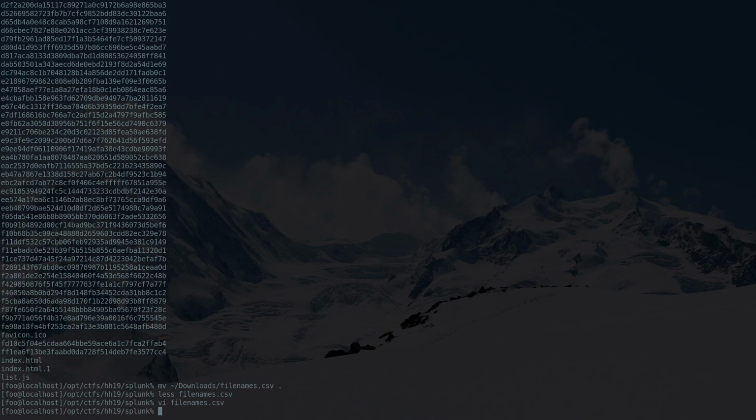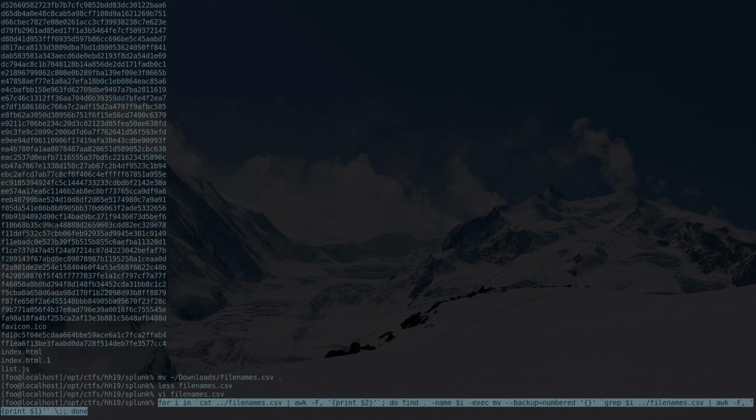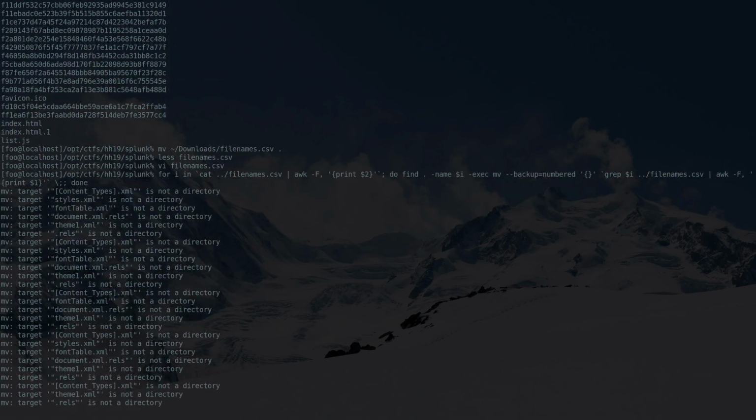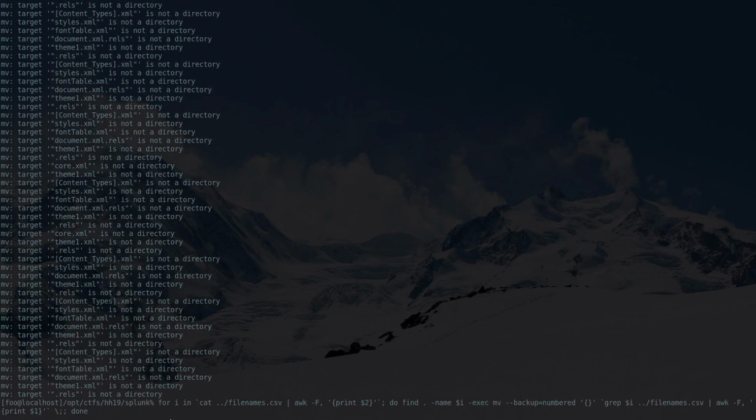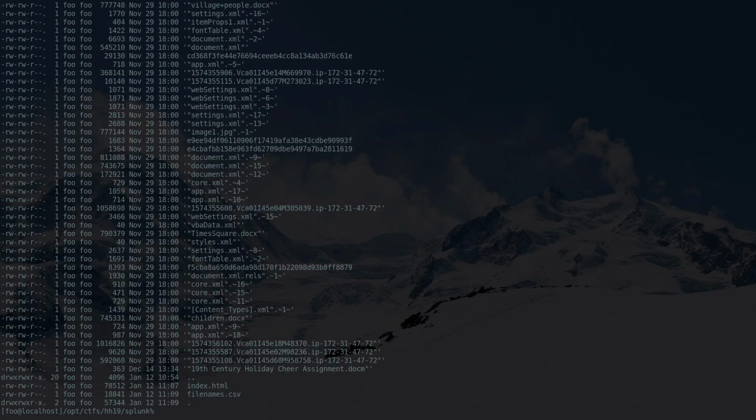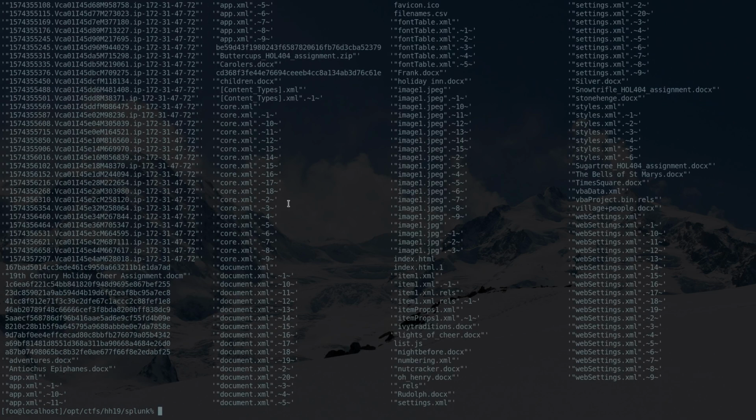Okay, that's better. Now that we have all of the files pulled down and we have the file names to hash mapping, we can write another loop that'll just go through each one, search for the hash in the file names.csv, and rename it correctly. It's important to have that double dash backup equal numbered, because then if a file has the same name, it's not going to overwrite it. And now we can see we have a lot of easy to read named files. We can see XML, we can see docx's,